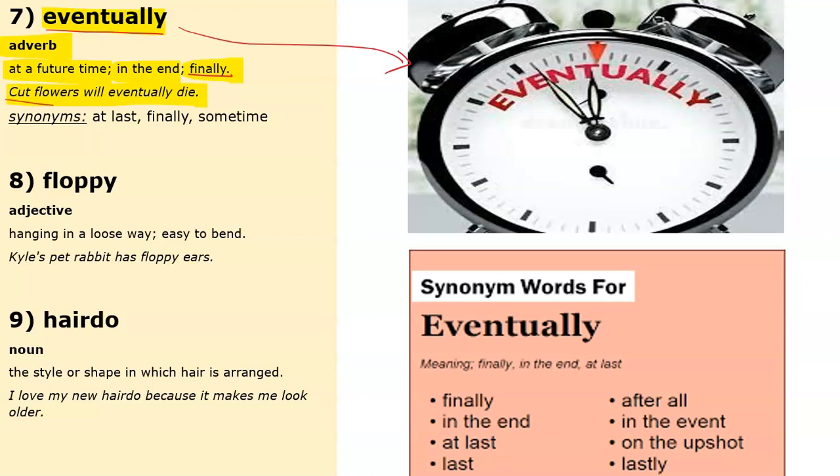Of course, after we cut some flowers, these flowers will die. So we can say they will eventually die. This will really happen no matter what we do. Can you think of any other things that will eventually happen?